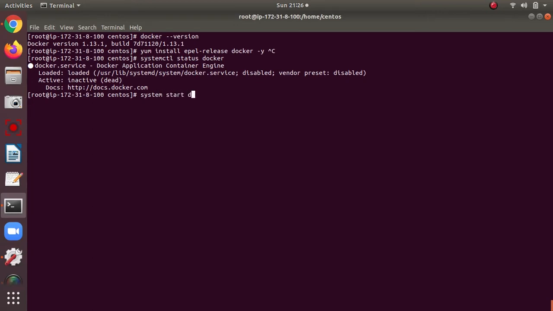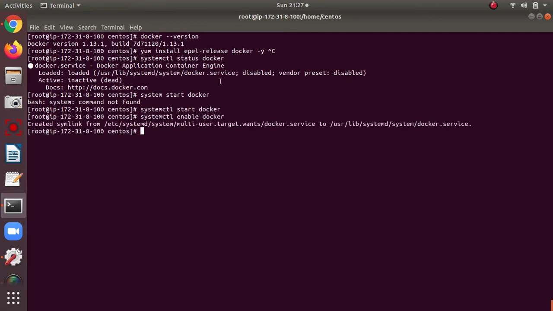Firstly, I am starting the service: systemctl start docker. We also have to enable it. Why so? Because when you reboot the server, it would again ask you to start the service. So I am enabling it.